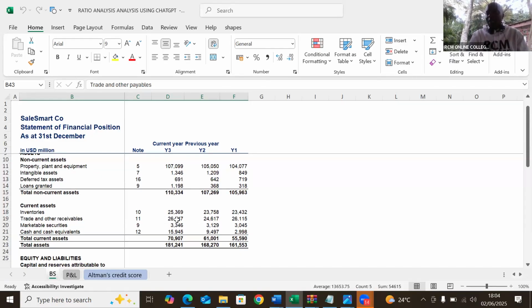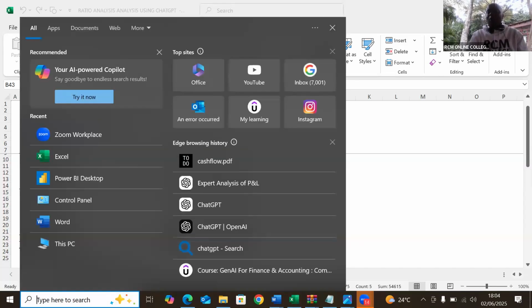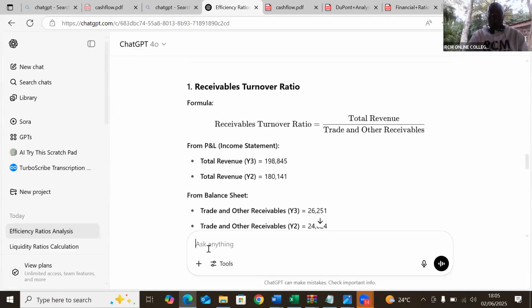So I've seen where they have gone wrong here. They only took one figure. I will never panic when I'm dealing with ChatGPT. This is the best tool ever. So I'll come and tell it straight away, ladies and gentlemen, that you know what? First of all, you can see revenue is okay. Revenues are okay. So I'll come and tell them here that you should have used